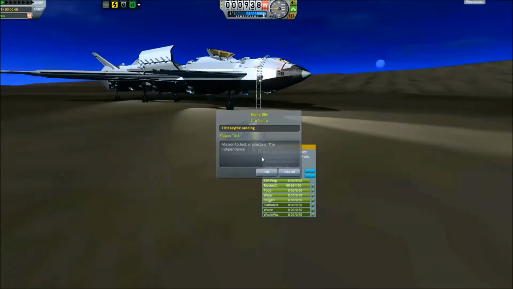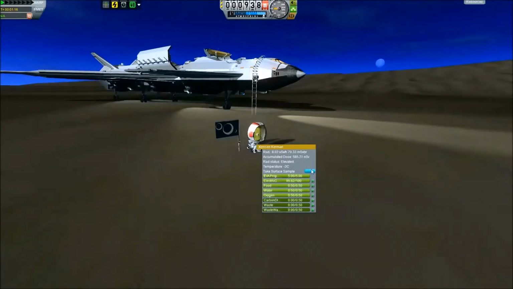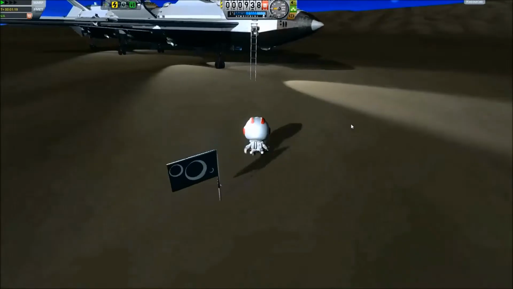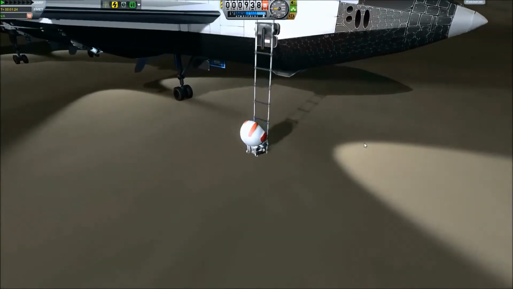The Independence held up to her expectations, and of course, Kenzen Kerman is the first Kerbin on Layeth. Quite an achievement for the Kerbal space program. So let's take a sample, and there we go. Time to get back to the ship, and now it's time to science,